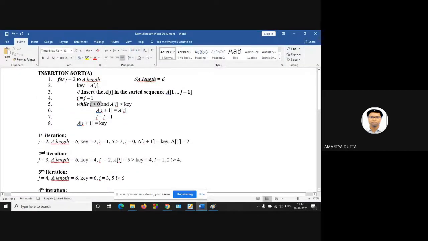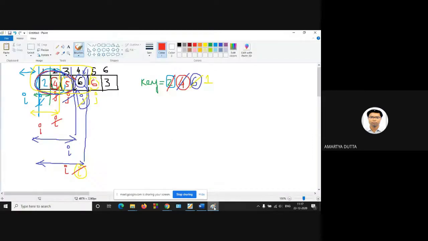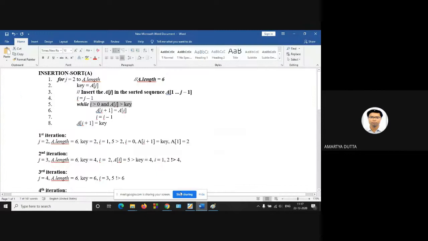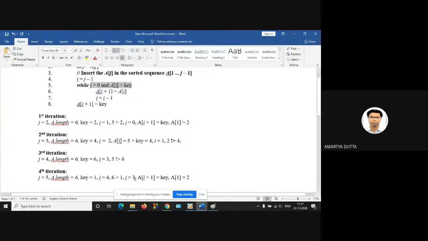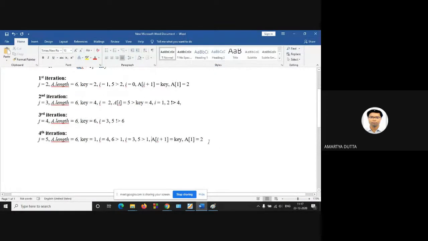Yes, 3 is greater than 0. And what is the value of A of I? A of I value is 5. So 5 is again greater than your key. What is the key value? Key value is 1.